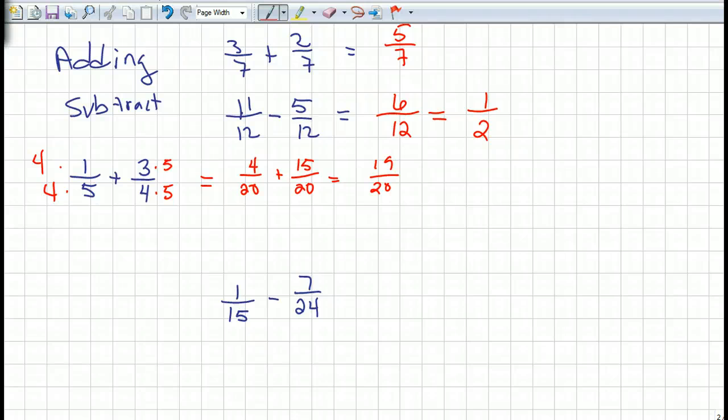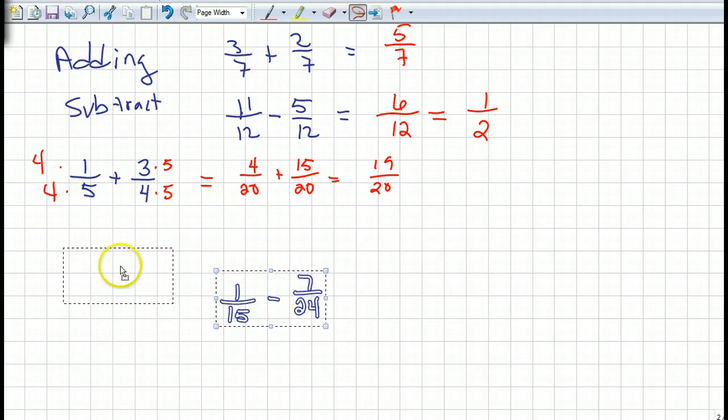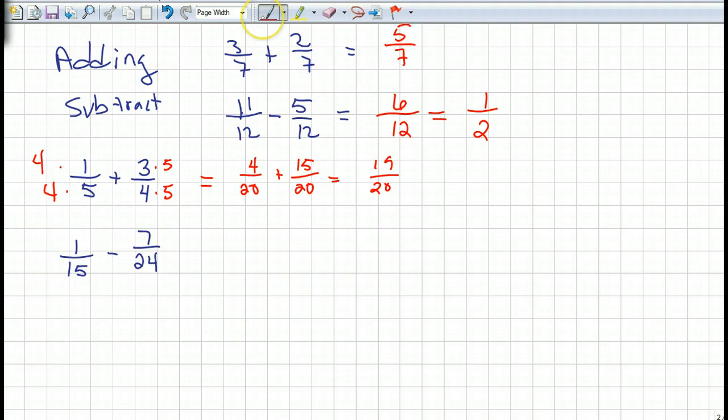Okay, that one wasn't too bad. However, this one's a little bit messier. There are 2 ways that I can do this. The first way would be the same thing I did above. I can multiply both top and bottom by 24 and not even have to worry about a least common multiple. Multiply this one by 15. Problem with that is you end up with a really big number. But that's okay. You can have, this is 360,